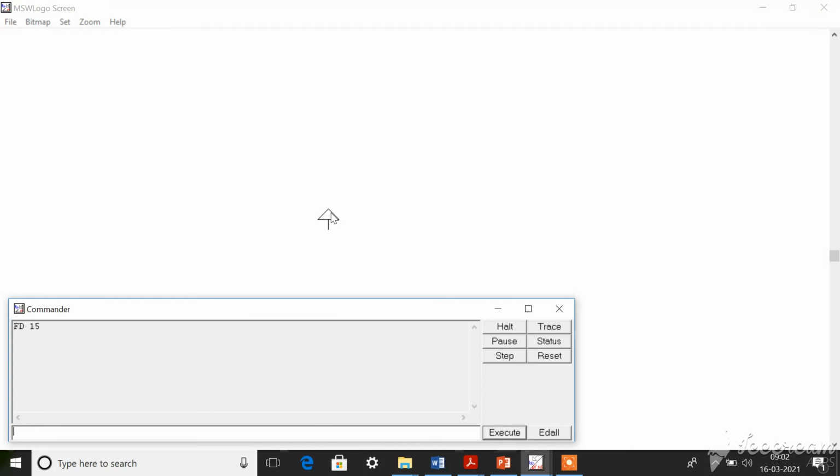With this I'll wind up this chapter. These are the basic things that you need to know in this logo application. Similar to this command, you have other commands also, which you will be learning in your next year. When you go to a higher class, you will learn this. Today you practice this, and with this your syllabus is over.